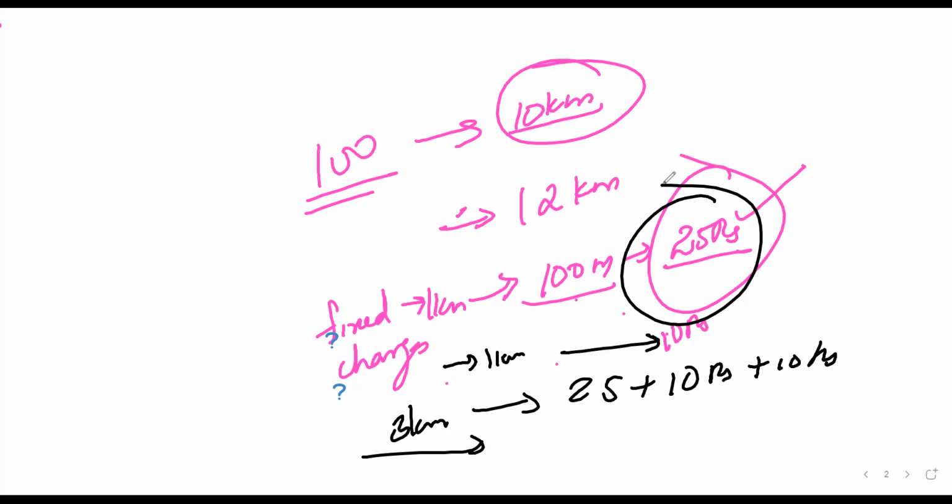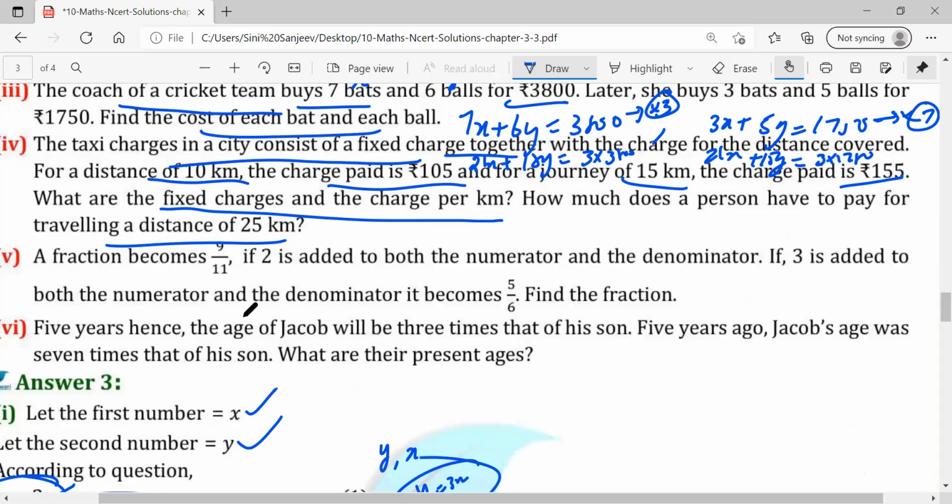So now are you clear? We need not give 25 rupees every time. That is the difference between fixed charges and the normal charge. It's a very normal scenario this question is all about. You got the point? Correct. Now let's come back to this question. This is a very easy question. Just think logically, this happens in our daily life. Don't think from a mathematical point of view.